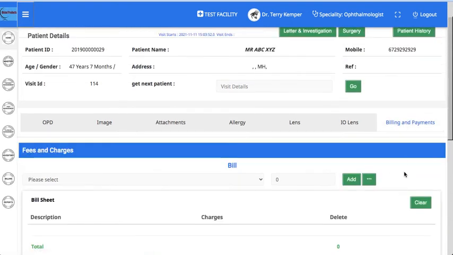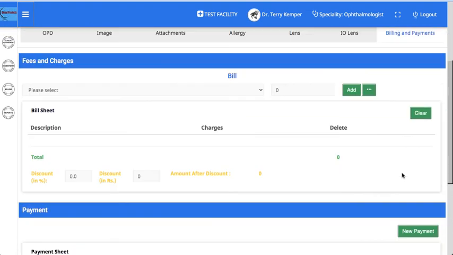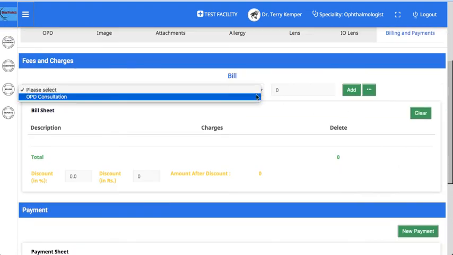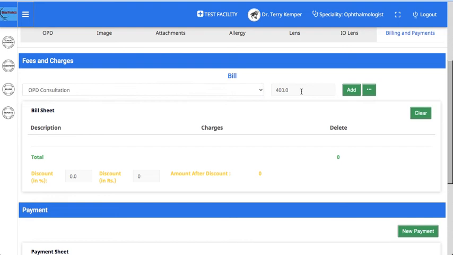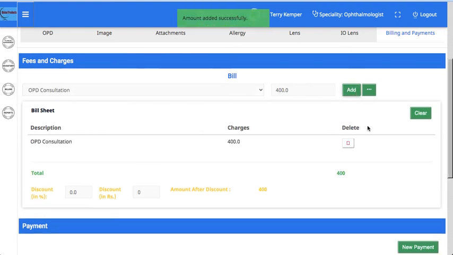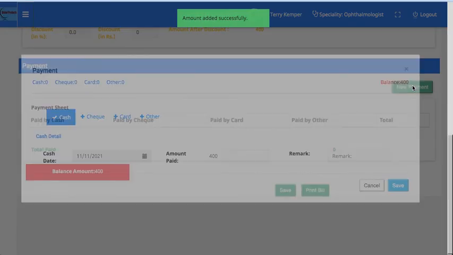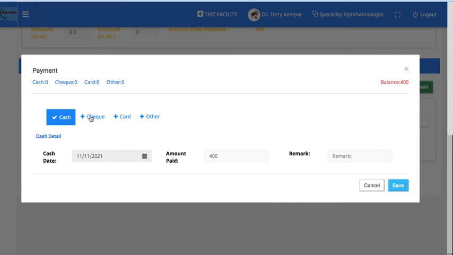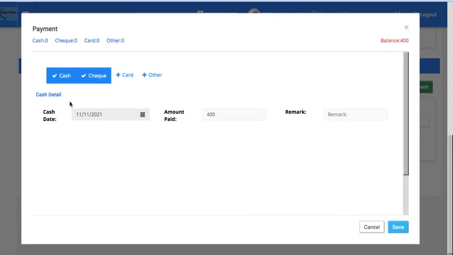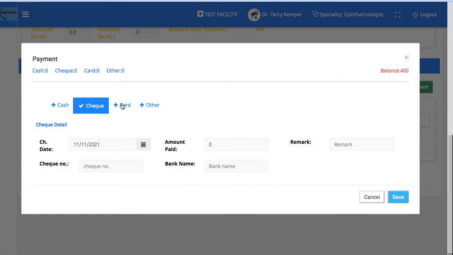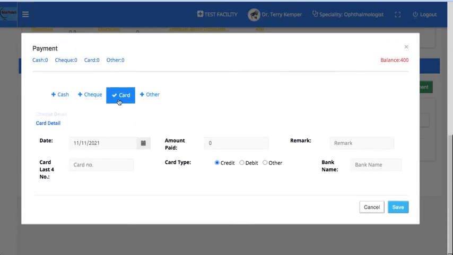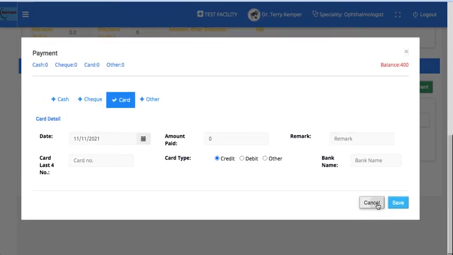Coming to the billing and payments submodule, the billing head and the amount can be added as required, and payment method can be selected, such as cash, cheque, card, and the details recorded as required.